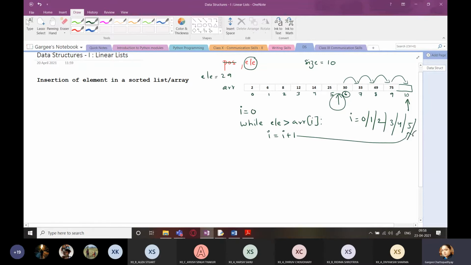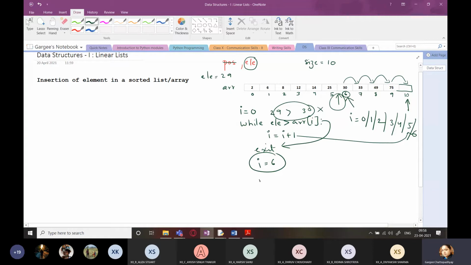So it will change it to 6 over here. Again, it will go back to the condition. Is element 29 greater than ARR 6? That is 30. This is the point where the condition becomes false, and the loop is exited. What do we have in I before exiting the loop? It is 6. That is exactly this location where we have to insert 29.